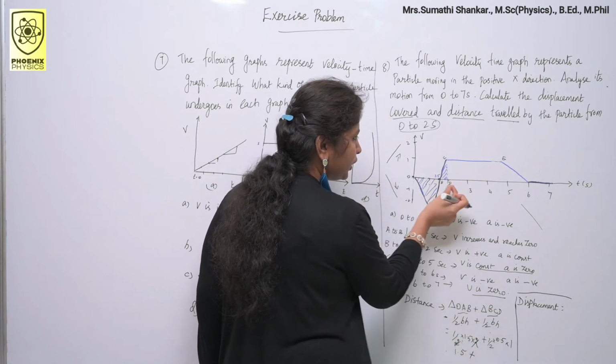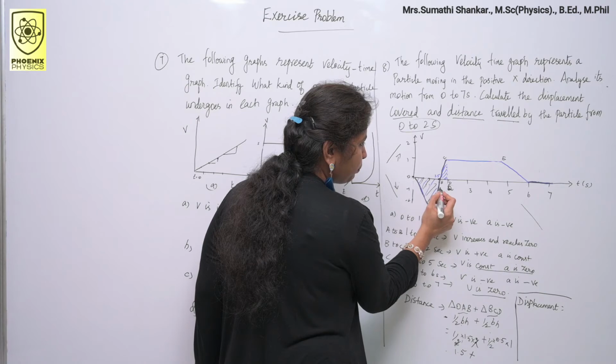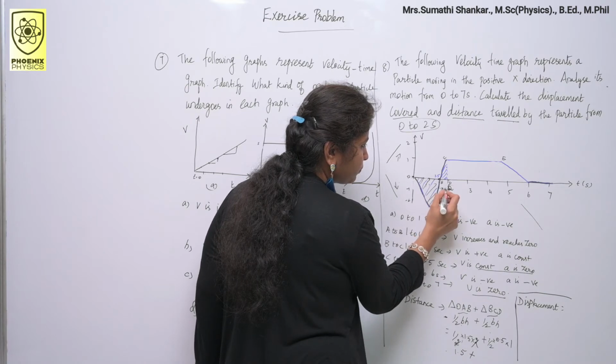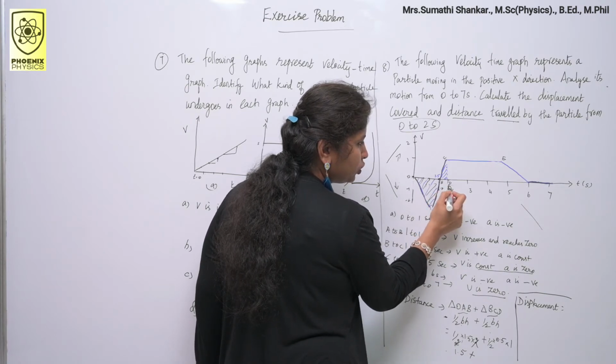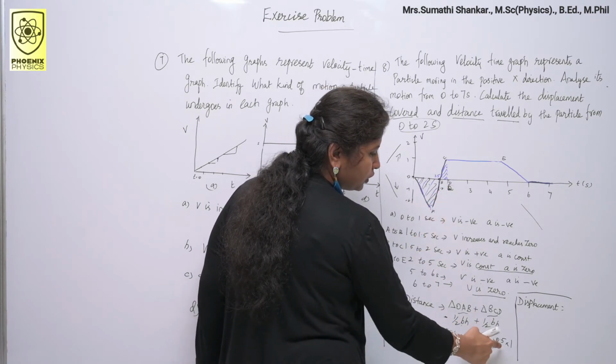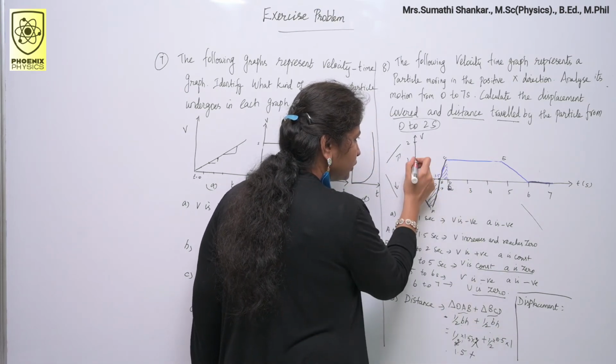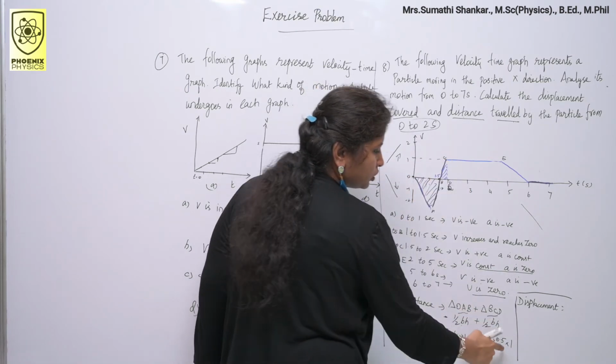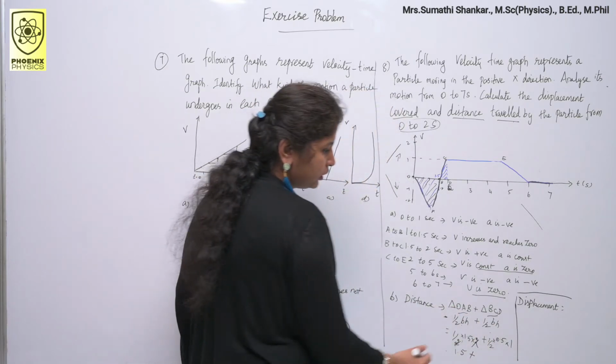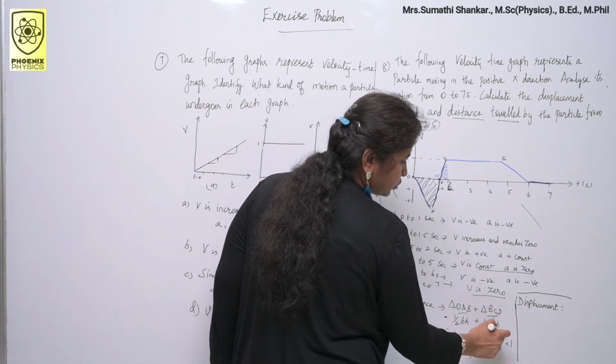Here for this triangle the base is here 0.5. 1.5 here 2. The difference is 0.5. So your base is 0.5 and the height of the triangle is 1. So substitute 1 here. Cancel this 0.25.